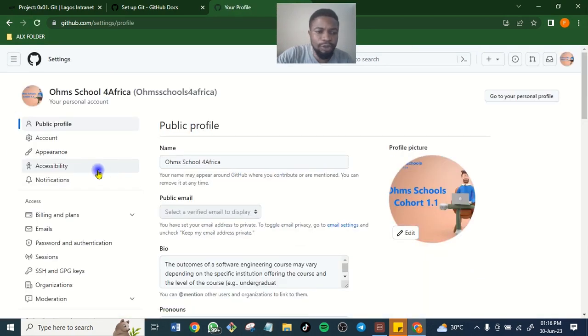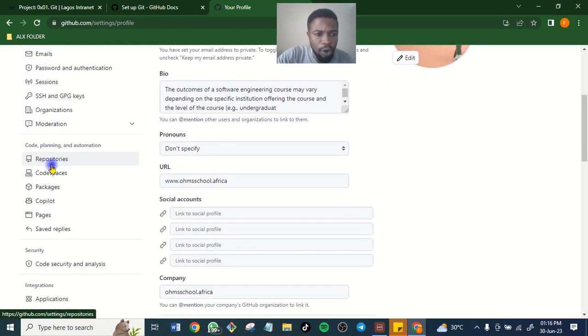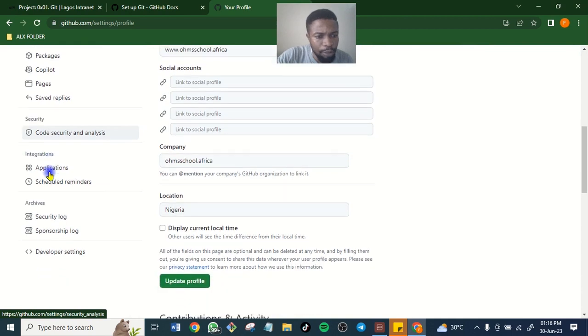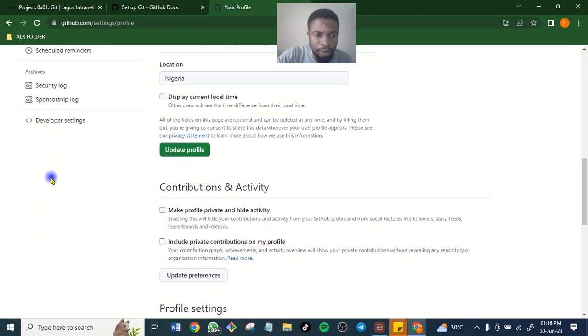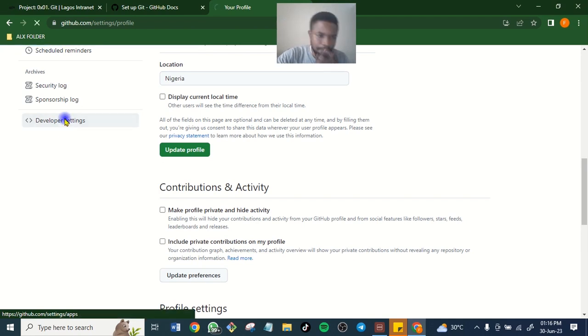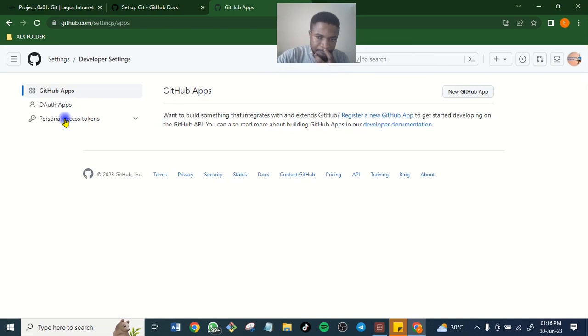Now take your cursor to the left hand side, and keep going down. The last click, you see developer settings. You are a developer, so click on developer. Okay, you are here right now. Good.